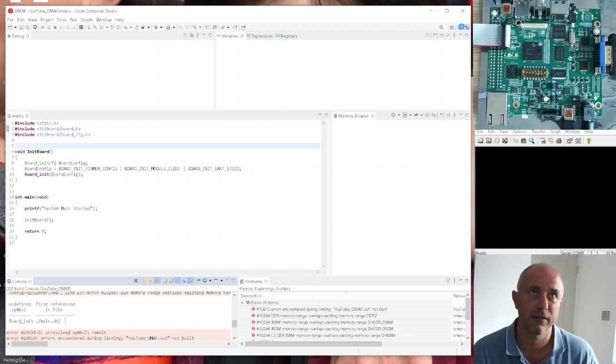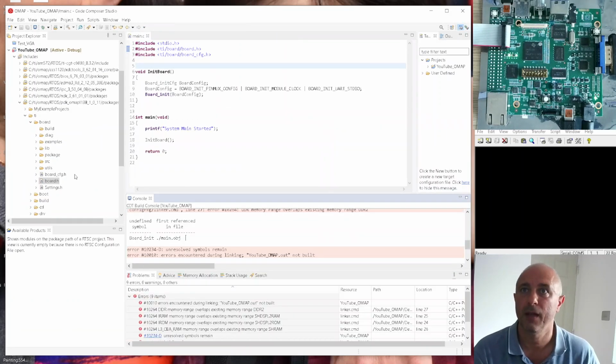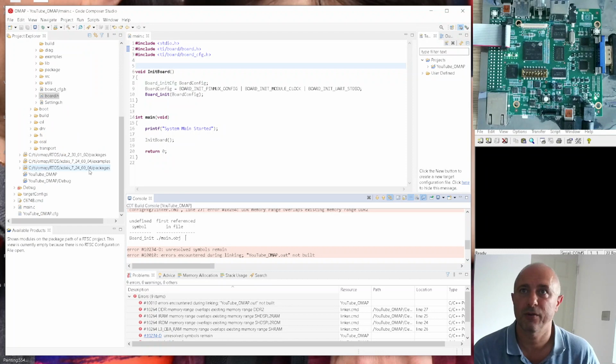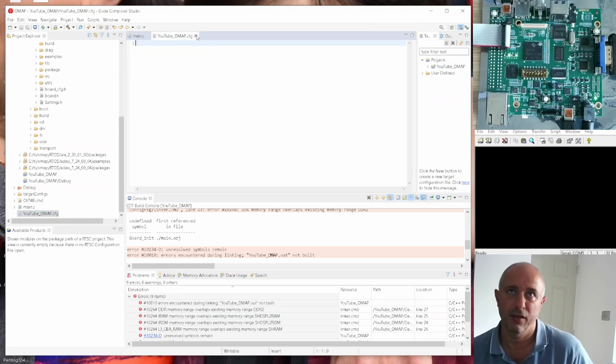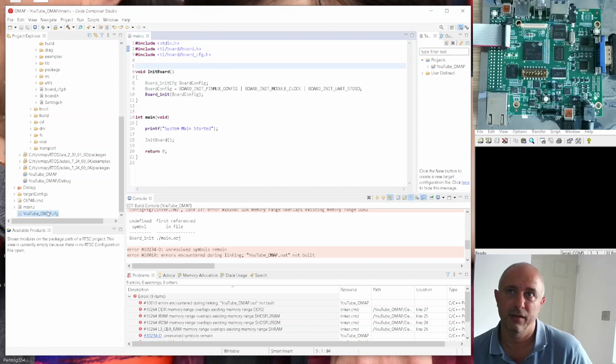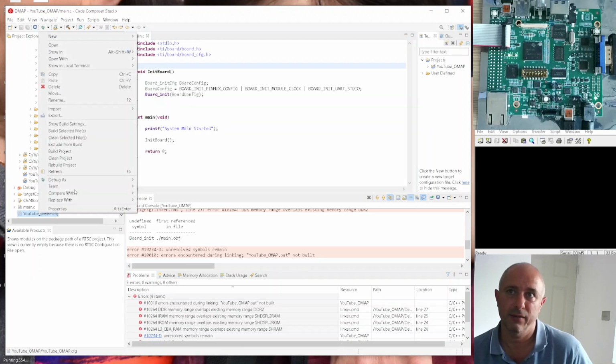So going back into here, notice, remember when we created this file here, the YouTube map OMAP CFG. If I double click, it'll show a blank file. There's nothing in there, literally blank. So I'll close it, and if I right click and then open with xgconfig,